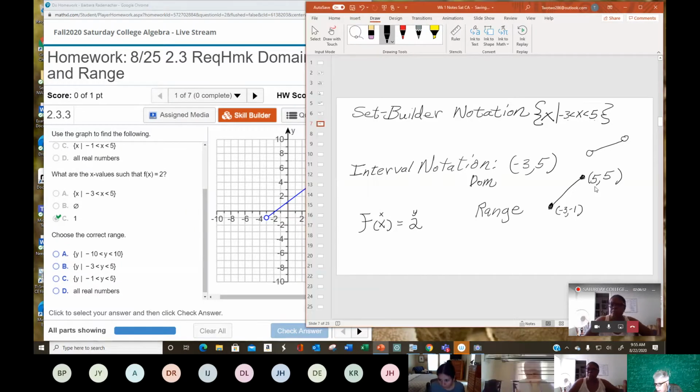It was the end points of the x coordinates that gave us the domain, both here and here. But of course, we have these filled in holes right now. So I just wanted to show you if the holes were filled in. Our domain